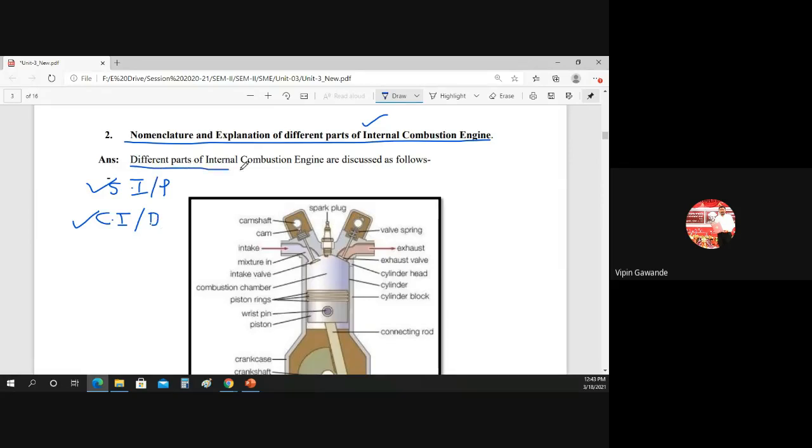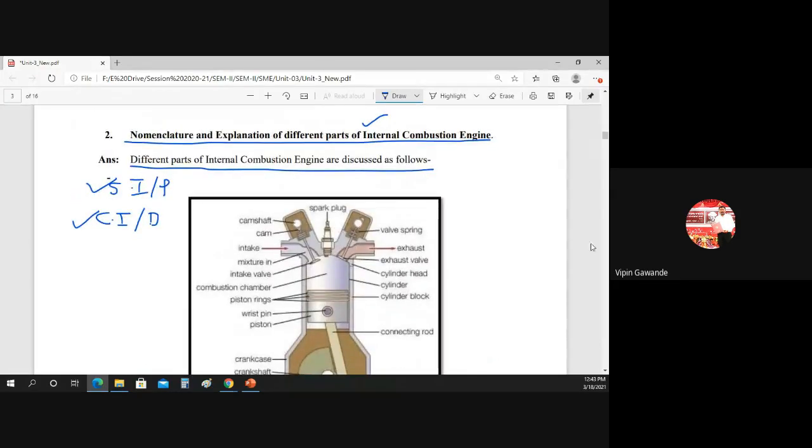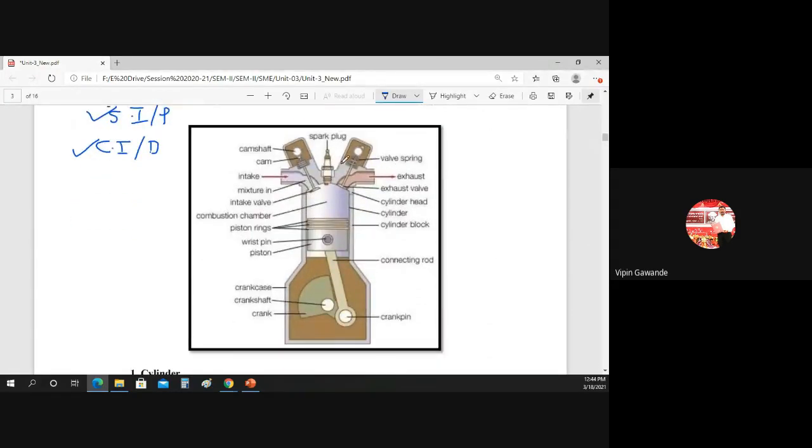Now each of these petrol and diesel vehicles has an engine. Here we have taken a spark ignition engine. Why is this a spark ignition engine? Because a spark plug is given here. If instead of the spark plug we had a fuel injector, then this becomes a diesel engine. So if a spark plug is there, it is a spark ignition engine, and if a fuel injector is there, then it is a compression ignition or diesel engine.